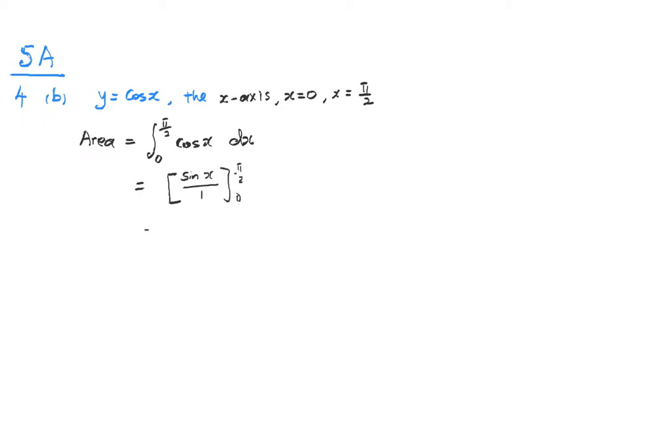So you substitute with pi by 2, take away, substitute with 0. Correct? You know that sin pi by 2 is 1. Sin 0 is 0. So the answer is 1. Yeah? Okay, now,